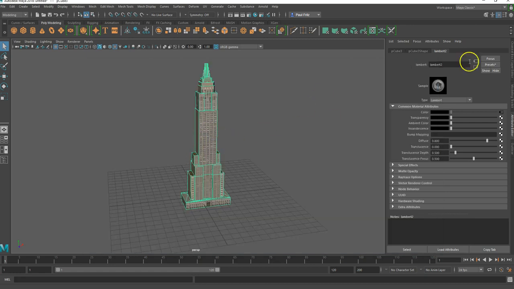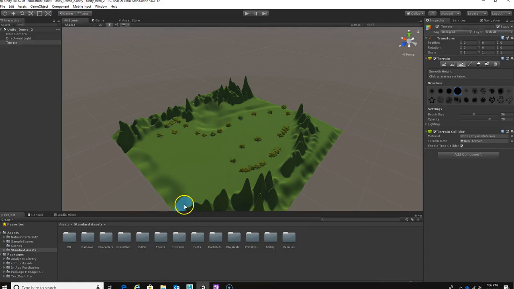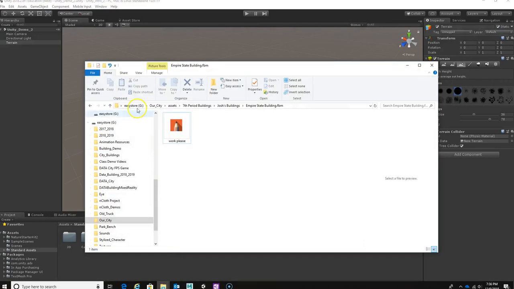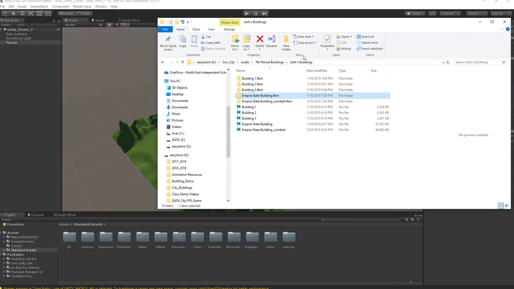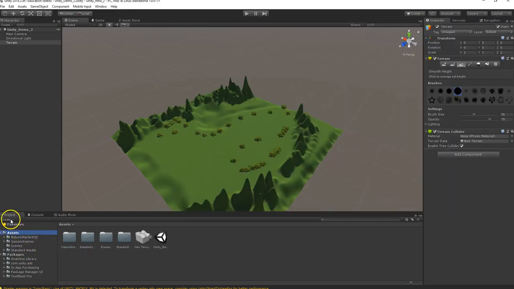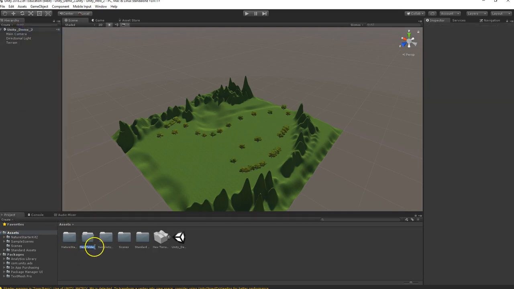Okay, so now once it's exported, we can go back into Unity, and it's as simple as just dragging in your material and also your building. So what I'm going to do first is, under the Assets tab, I'm going to create a new folder, because right now I have just scenes, some of my standard assets, all the folders for the stuff we just brought in, but I don't have a folder to drop my prefabs, and I don't have a folder to put my materials in. So I'm going to create a folder, and in that folder I'm going to call prefabs,